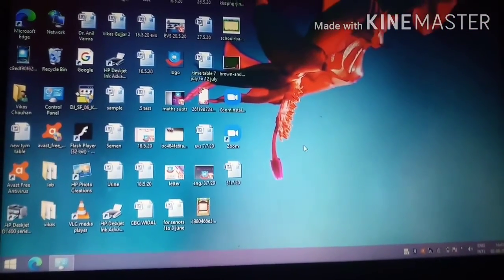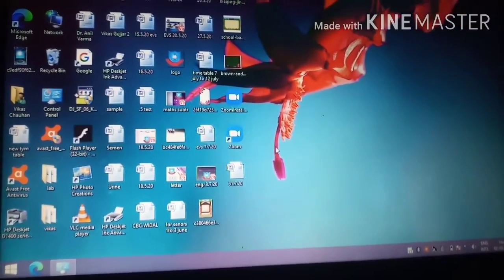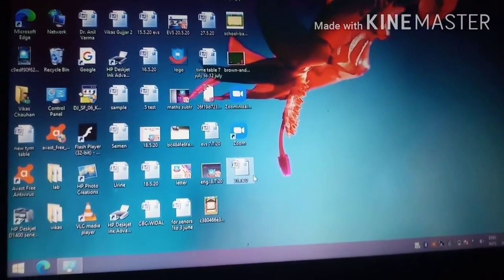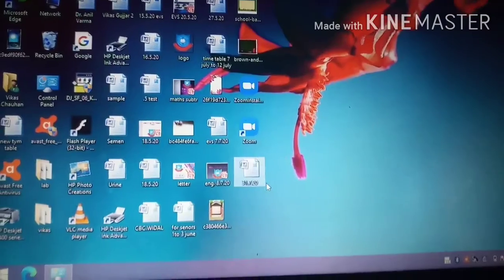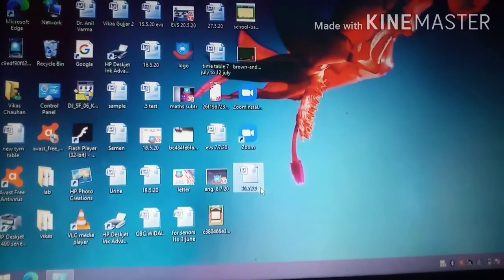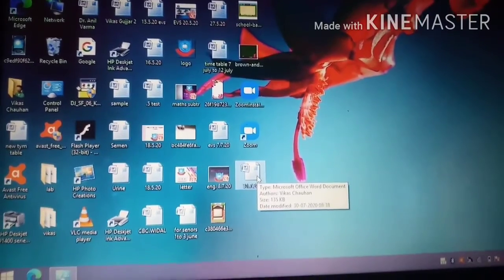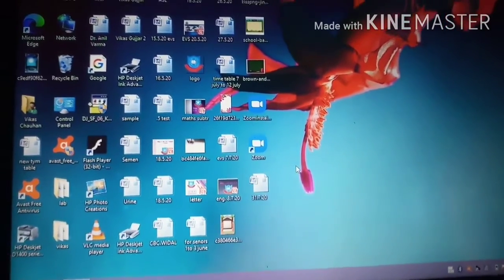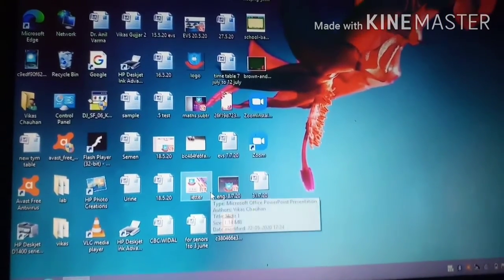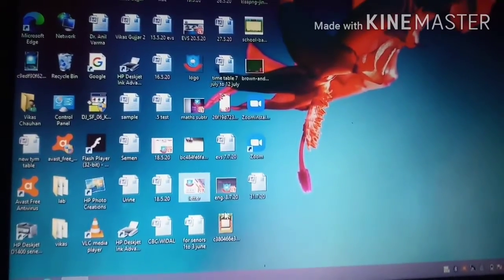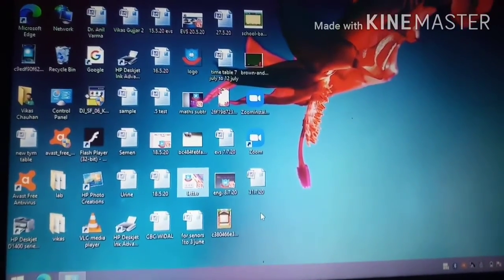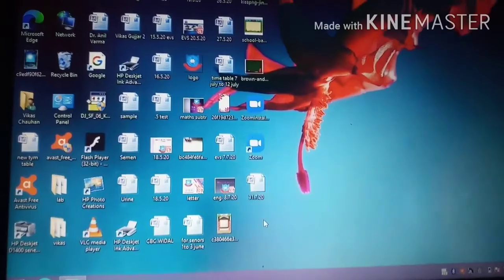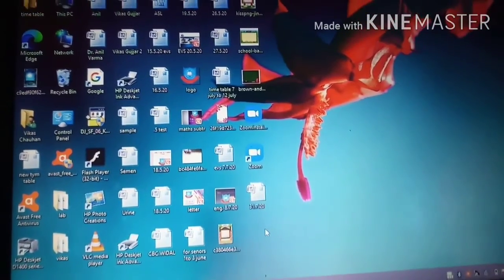Next is how we will select and deselect an item. If I want to select this item, I just have to click on it. See, this app or this icon, you can see it is highlighted. But if I want to deselect it, you have to click away from it. See, you observe the difference? Yes. And if I want to select this, click on it, it is selected. But if I want to deselect it, you can see the pointer on the screen. I will click anywhere away from it. That icon or that item has been deselected.